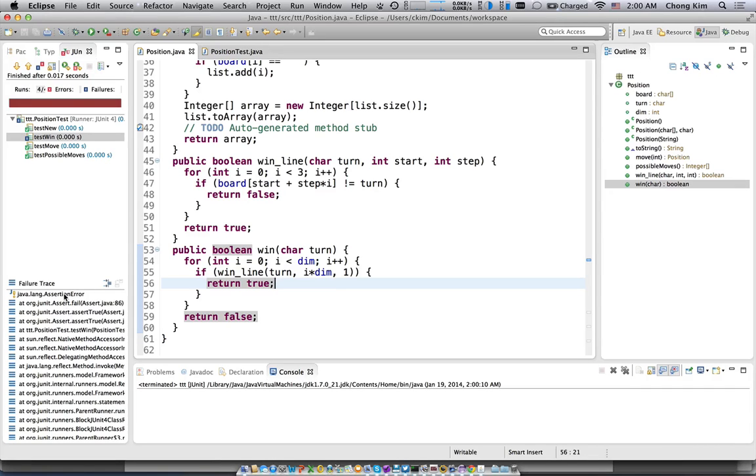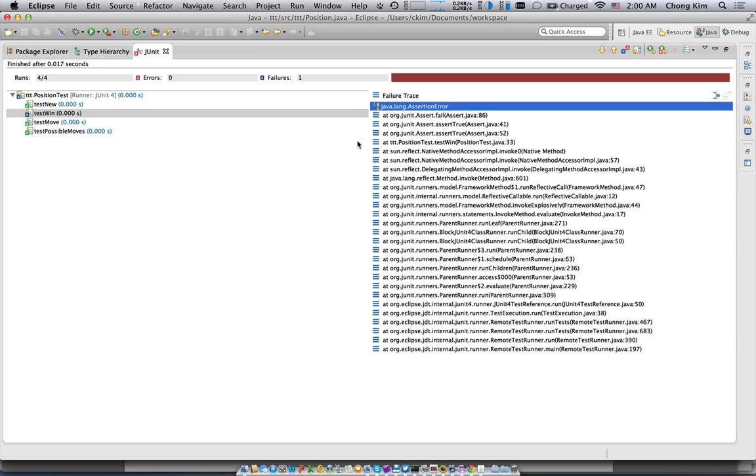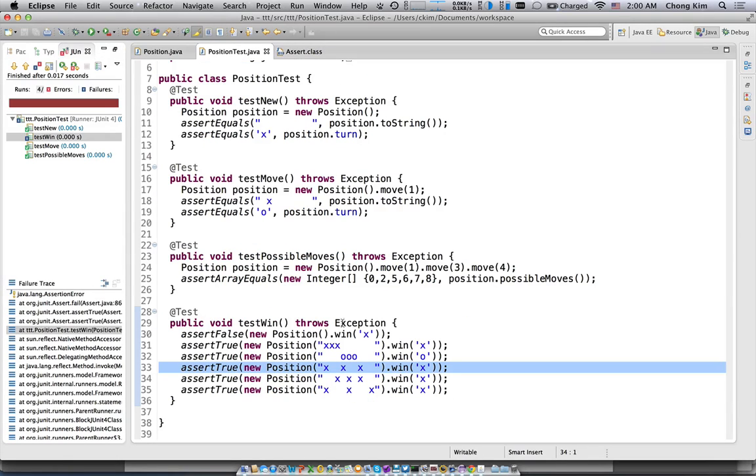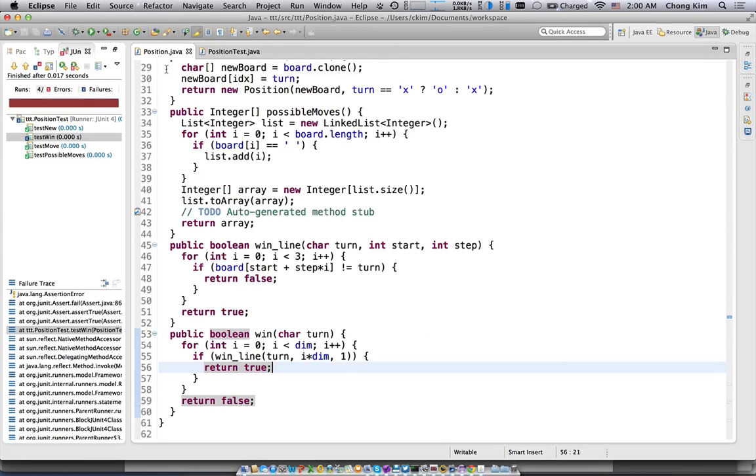Okay, so let's see which assertion this failed with. It says 86. Actually, let's go to this one. Okay, so it passed the first 2, which means that it's correct. So we need to go down now. Okay, we can get rid of this. All right, to go down, let me see, where is it? Okay, here it is. So to go down, that would be